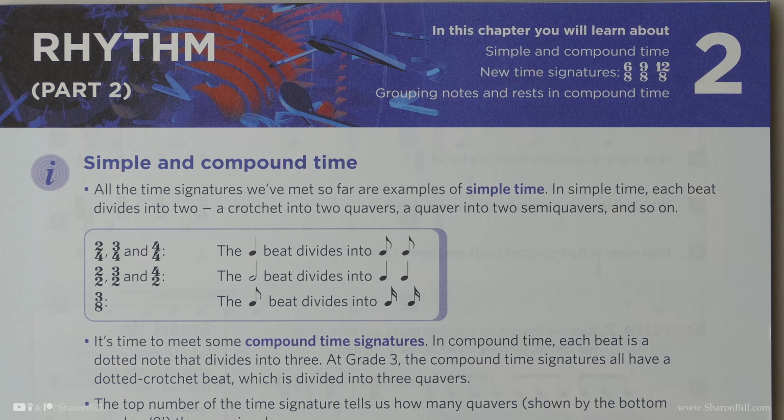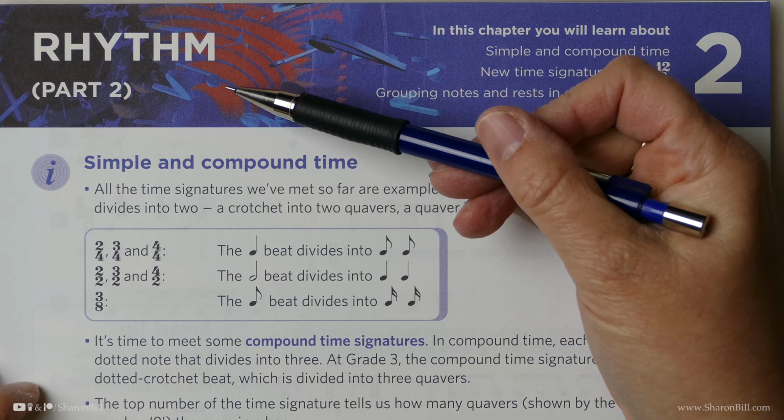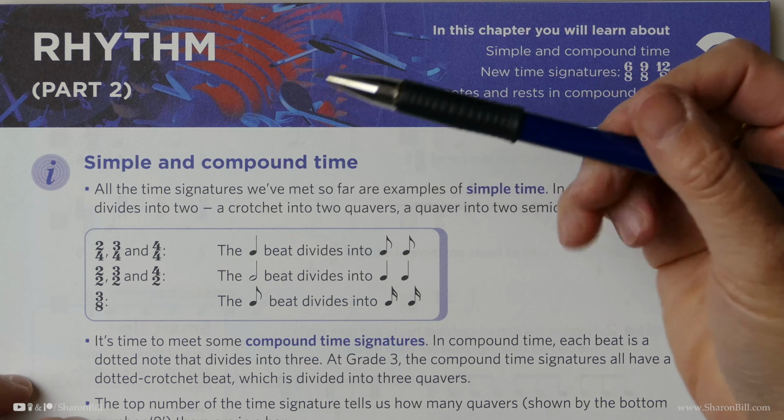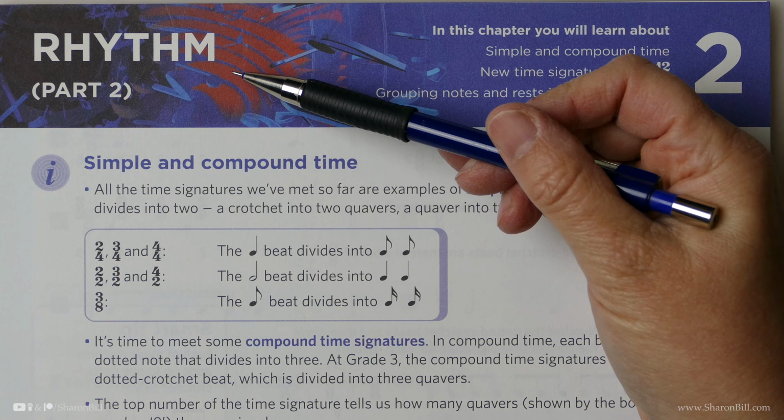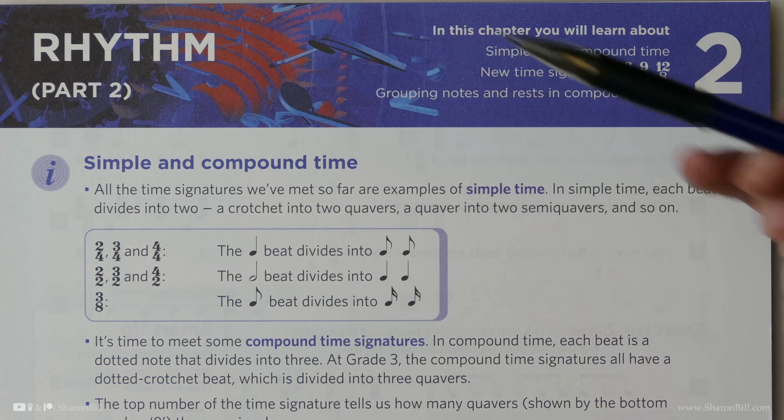We move on now to the second chapter of the Grade 3 Discovering Music Theory workbook. We move on to ABRSM Discovering Music Theory, Grade 3, page 11. And we're looking at the topic of rhythm still. But now we're going to move on to a new topic in this section of rhythm, where we look at